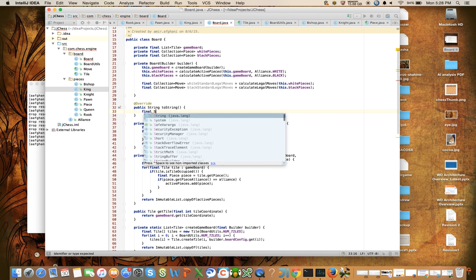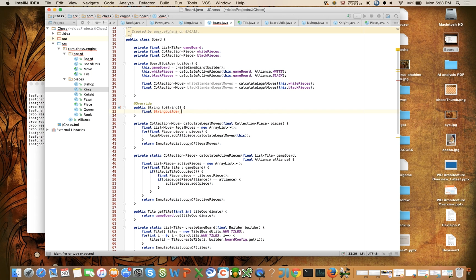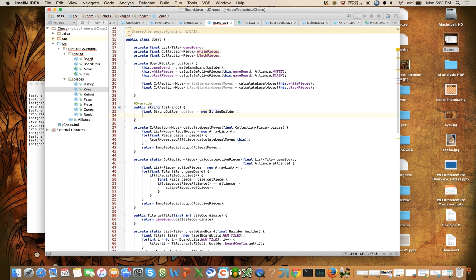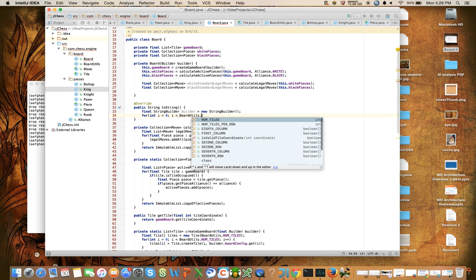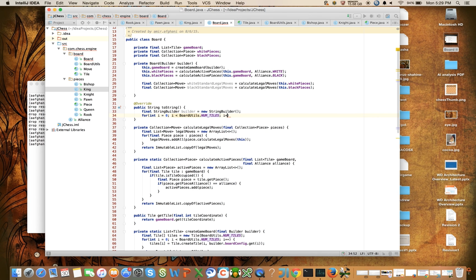So let's say final StringBuilder builder is equal to new StringBuilder, and we will say for int i equals 0, i less than BoardUtils.NUM_TILES, i plus plus,